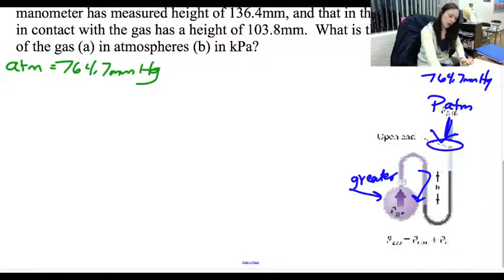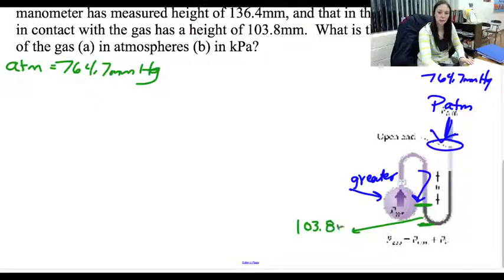So now we look at our heights. It tells me that my height on the arm in contact with the gas, which is the green right here, is 103.8 millimeters. And they say the manometer open end height, which is in the red, is 136.4 millimeters. Well, then the difference